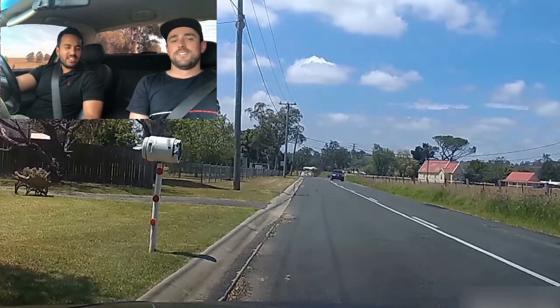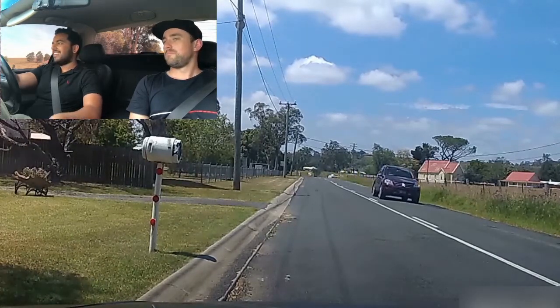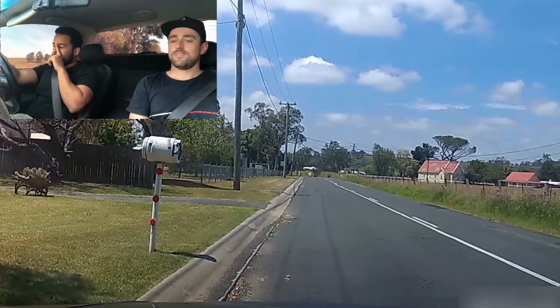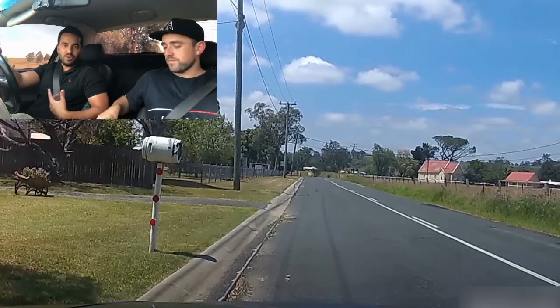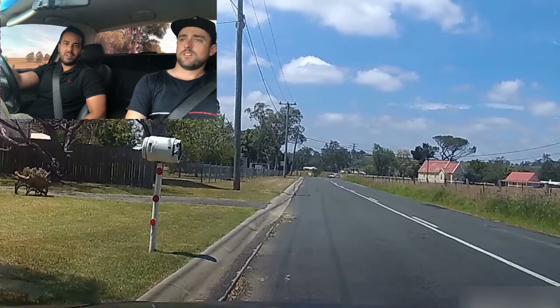And today we're in his Holden Commodore Storm Ute VZ, Impulse Blue. So people in the States and in the UK, where you don't really see these sort of utility vehicles, this is Australia's bread and butter. This is literally